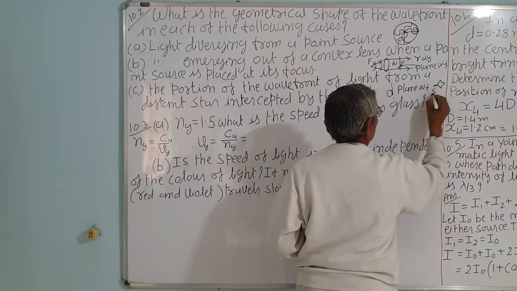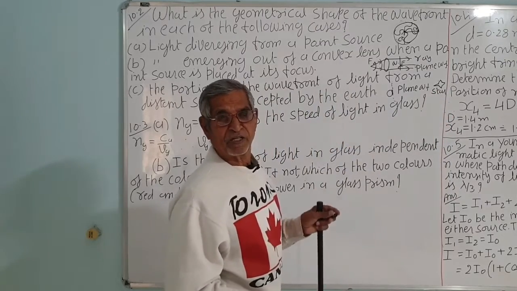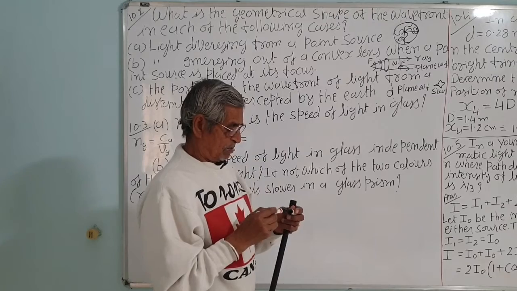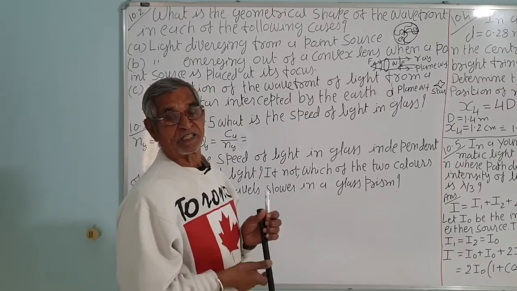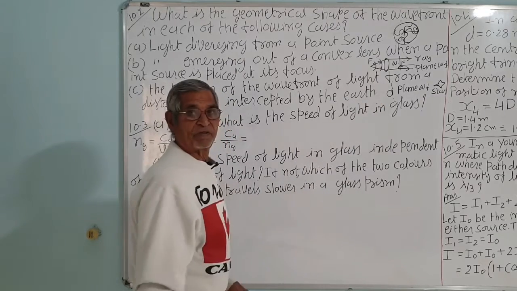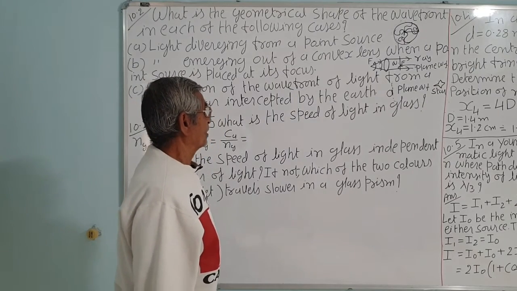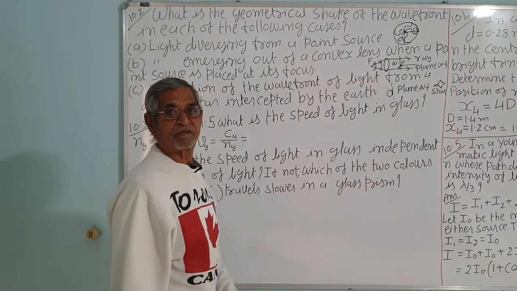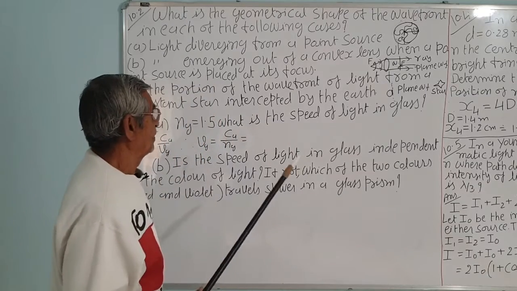This is a star. The distance shown on the board is very small, but actually it is a very large distance. It is measured in light years. And the Sun is also a star, which is about 15 crore kilometers from the Earth. Light takes about 500 seconds, traveling at the speed of 3 lakh kilometers per second.